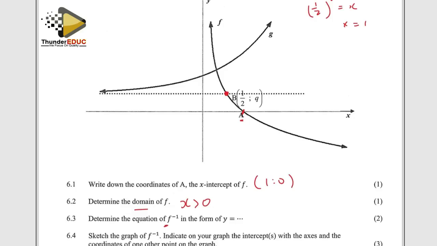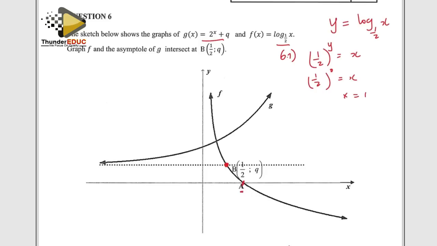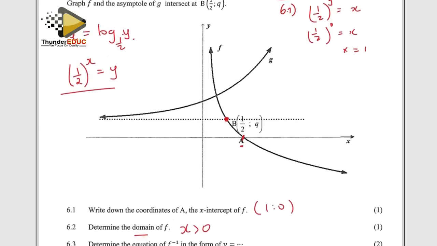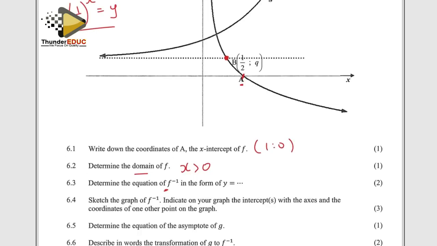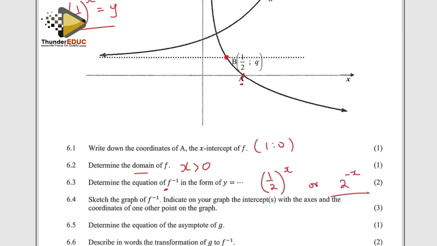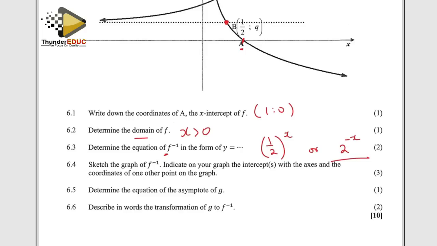Then they want us to get the inverse. So with the inverse, what we do, just switch around. What is x becomes y, and what is y becomes x. And then let's write this in exponential format. So a half to the x is equal to y. So that is what they want. So y is equal to a half to the exponent of x. Or alternatively, you can just write it as 2 to the negative x. No problem. And they want us to sketch the inverse